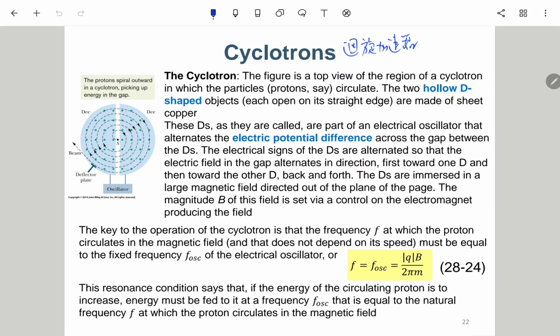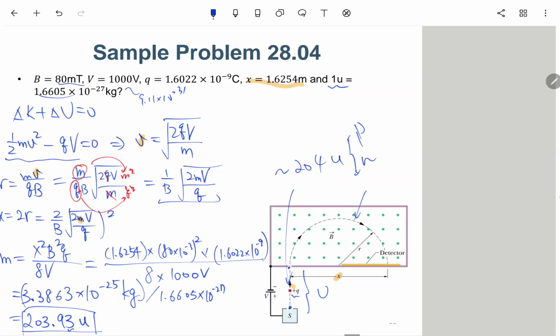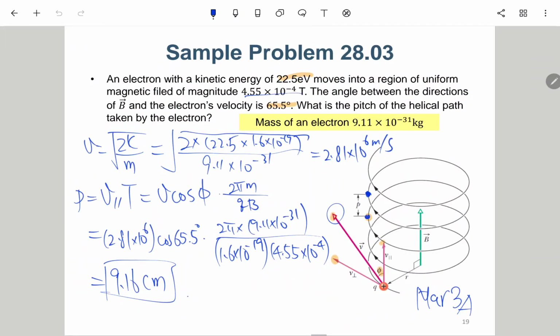cyclotron. So there is a formula like this. Okay, so F or F oscillation. F oscillation means the frequency of the E field exchange. Okay, 就是这个 E field 的方向交换的速度或者是那个频率，就是这个 F. So this F is actually 2 pi m over QB or QB over 2 pi m, which is actually